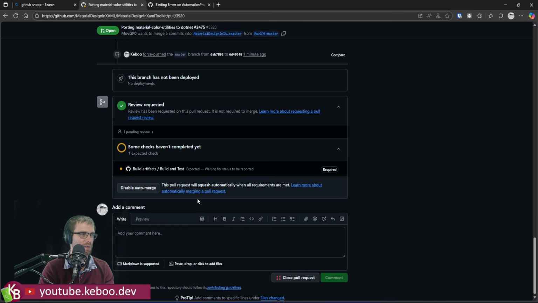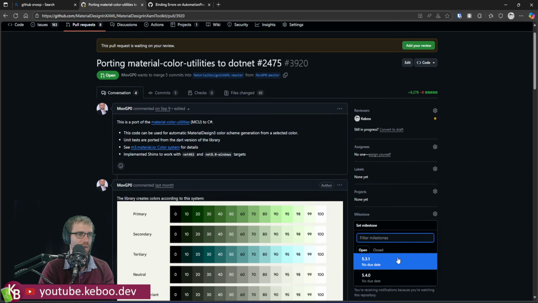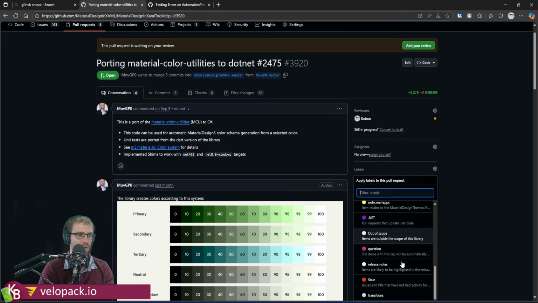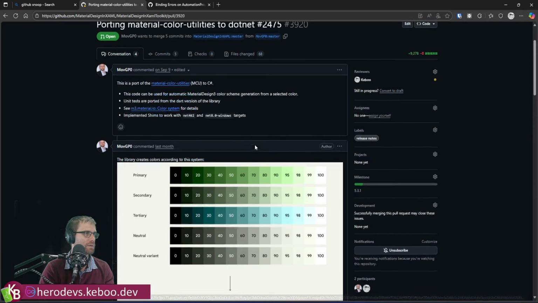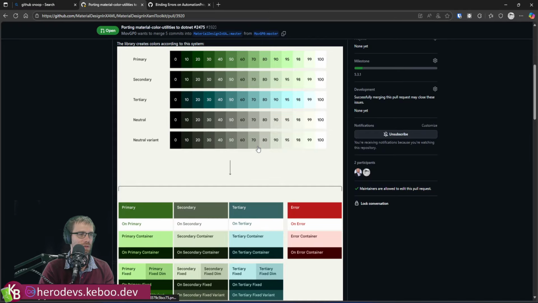Yep, approve run. We're going to let that guy go. And I am going to put this in the milestone and I am going to slap a release notes label on it. And it's only going in 5.3.1 because it's merging. I'm not committing to actually shipping a library with this in 5.3.1, just FYI. So if anybody's getting too excited,